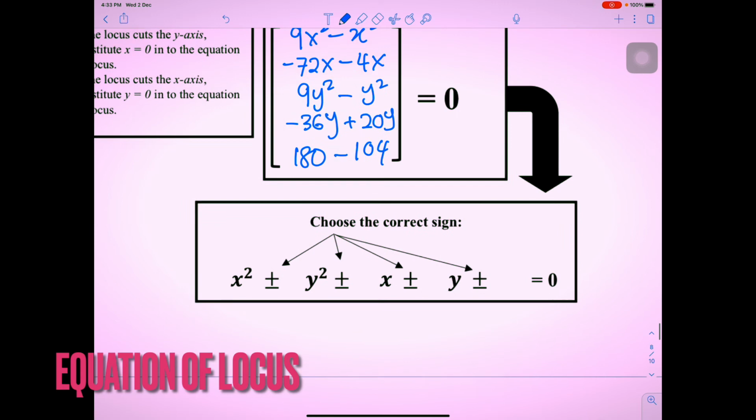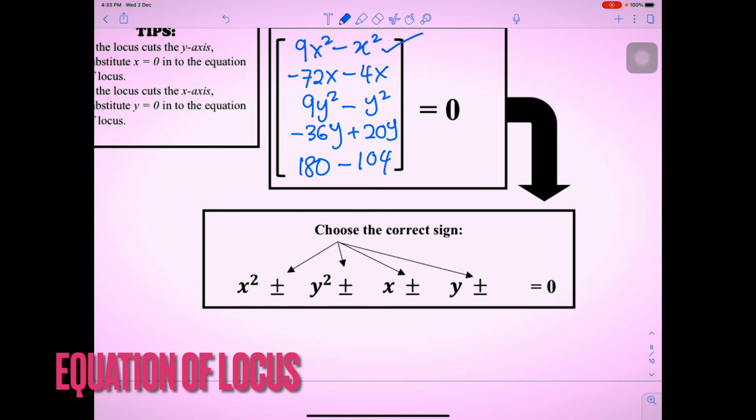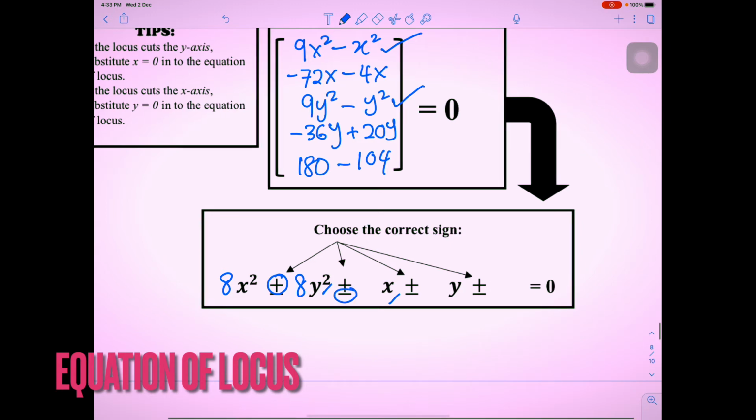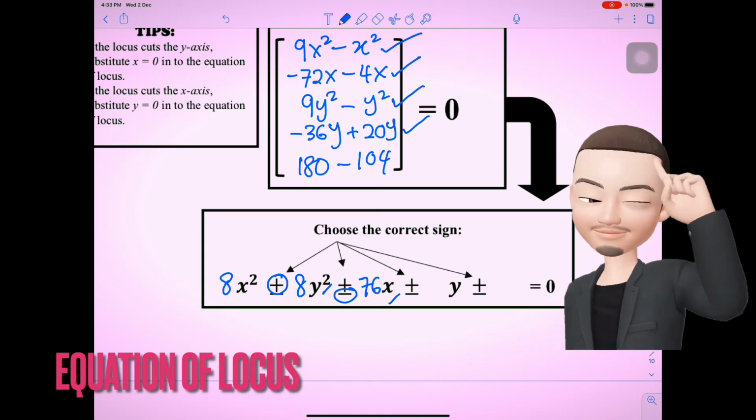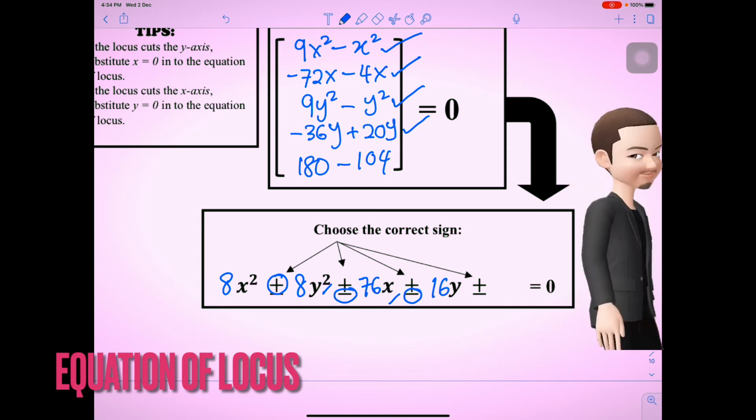and then simplify. Okay, so for the first one, 9x squared minus x squared becomes 8x squared, and then y squared. The second one is plus y squared, because this is already y squared, so 9y squared minus y squared becomes 8y squared. And then for the x term, negative 72 minus 4x becomes negative 76x, and for the y term, negative 36y plus 20y becomes negative 16y, sorry, and then